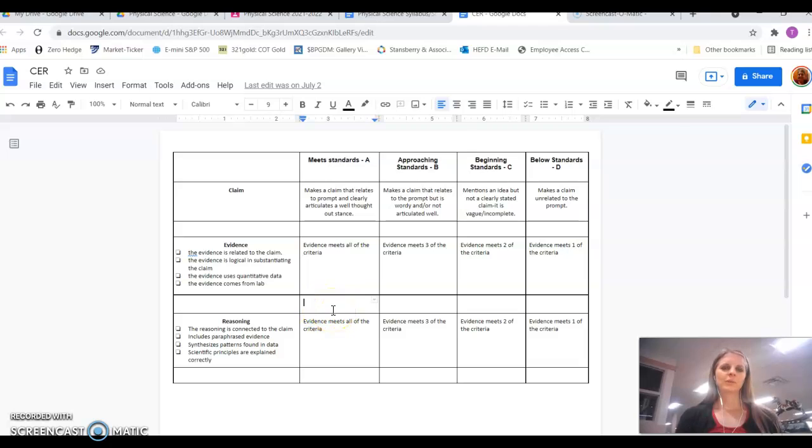So this rubric will be at the top of Google Classroom, and you'll see how your student is progressing throughout the year. If they move backwards, move forward, hopefully we can always move towards the A by the end of the year. I'm a big growth mindset kind of person. Like, you may not know it right away, that's okay. But by the end of the year, let's kind of get this all set. So I'm hoping this rubric can really show you how your student's growing throughout the year.